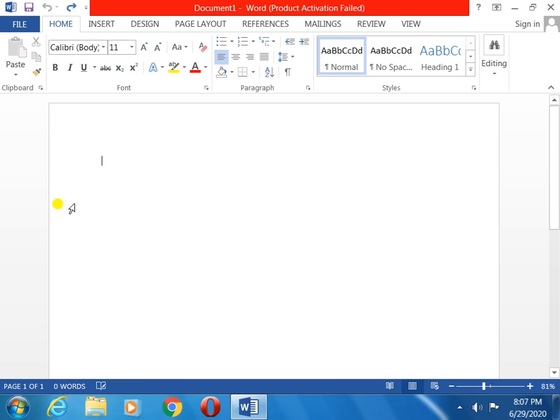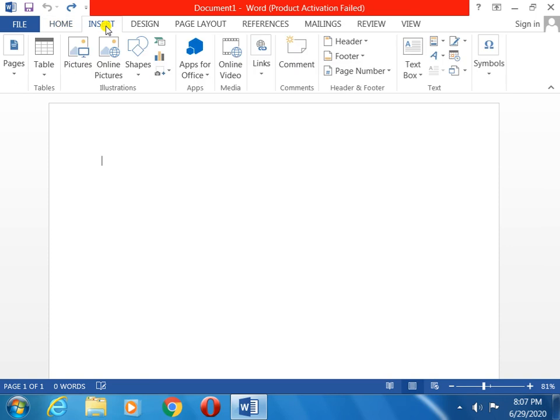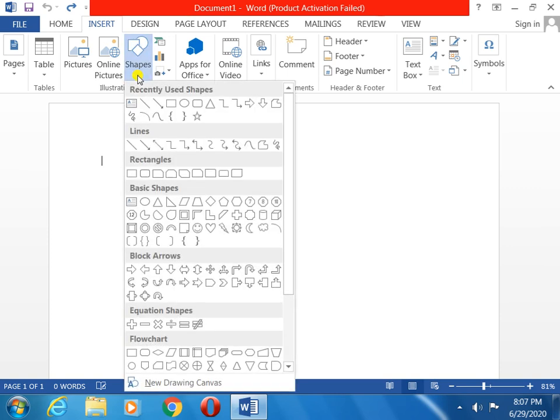First of all, you should know how to insert the text box and how it looks. Clear? So where will we get it? First of all, you go to the Insert tab, then you can see one option there. That option is Shapes. In Shapes you will see the first one is Text Box.